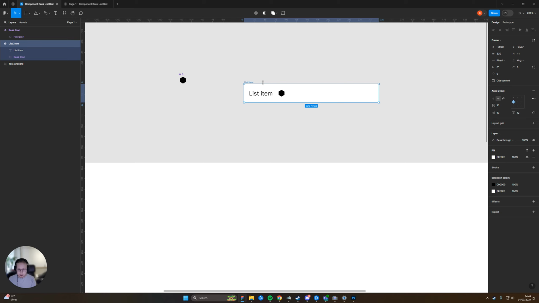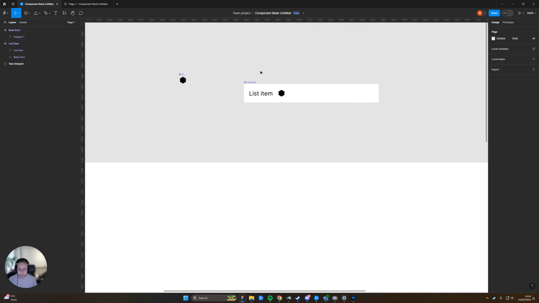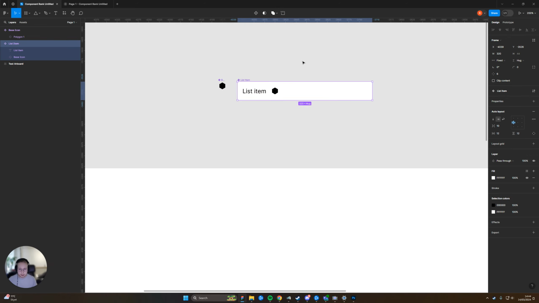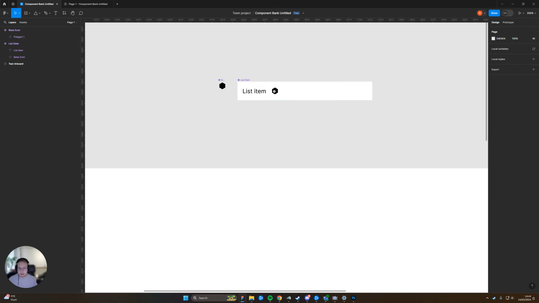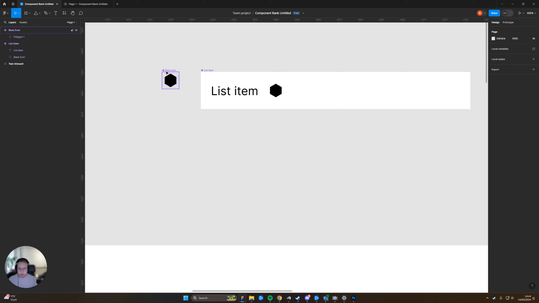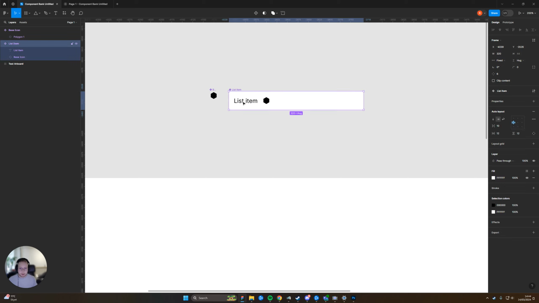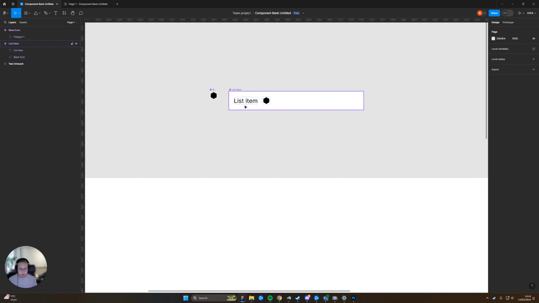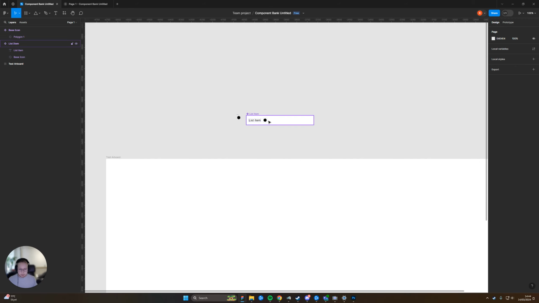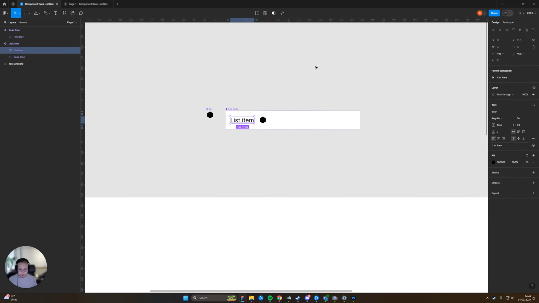So I'm also going to turn this list item into a component, and you will see why that is the case soon. But now we have made a base icon component and we've made a list item component. And the list item component is 320 pixels wide. But now let's maybe also define some